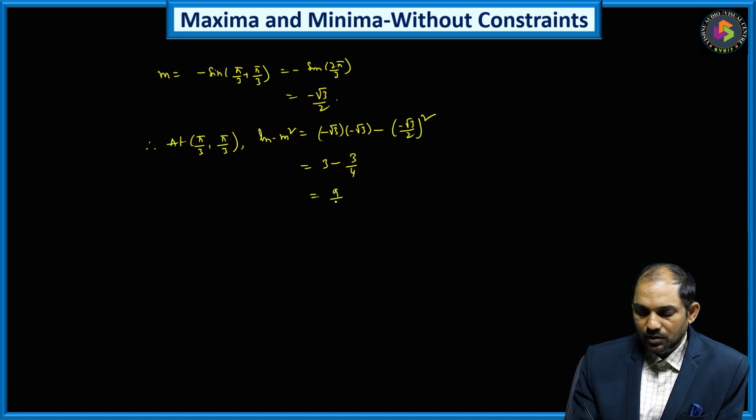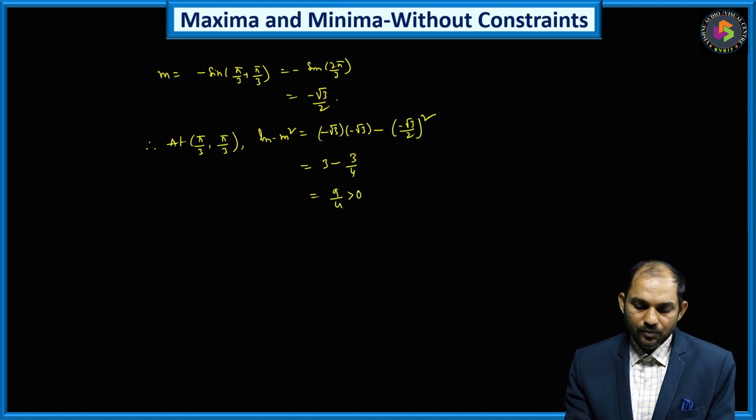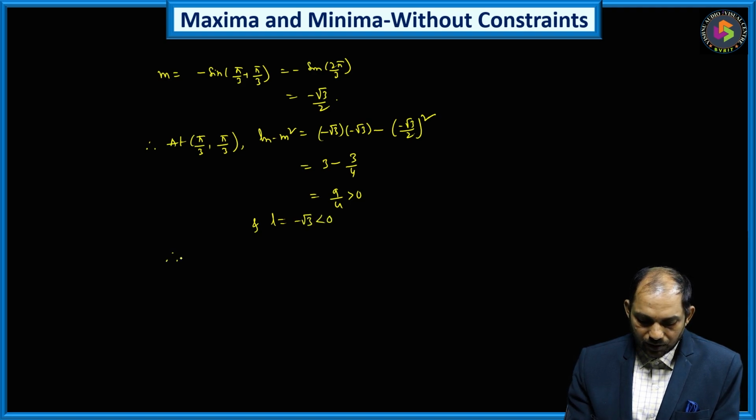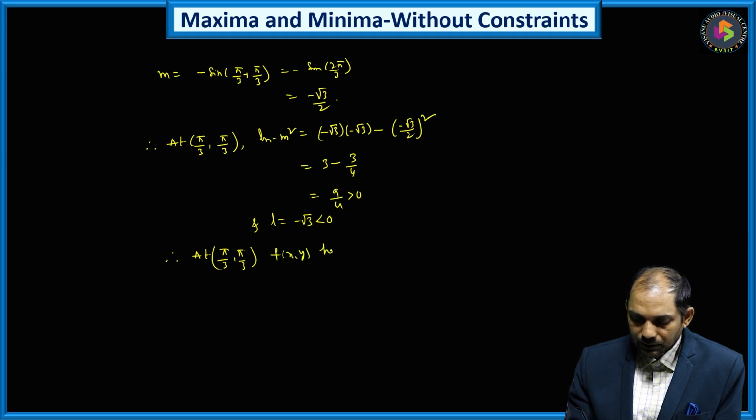It is 9 by 4 and it is greater than 0. And we also know that L is minus root 3, which is less than 0. So from the working rule we can conclude that at pi by 3 comma pi by 3, f of x comma y has a maximum,